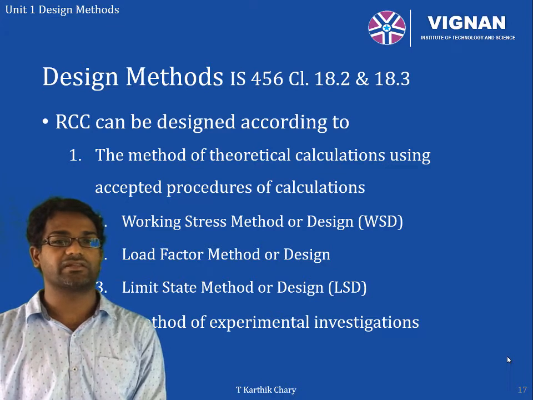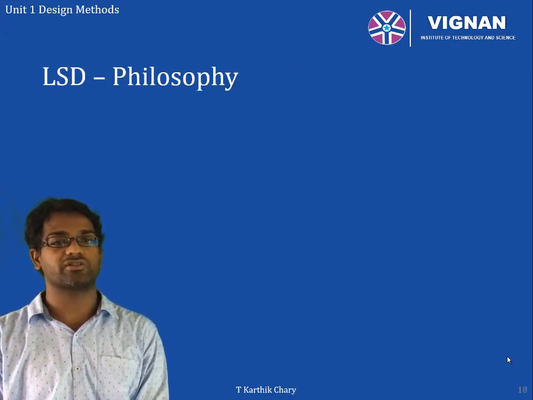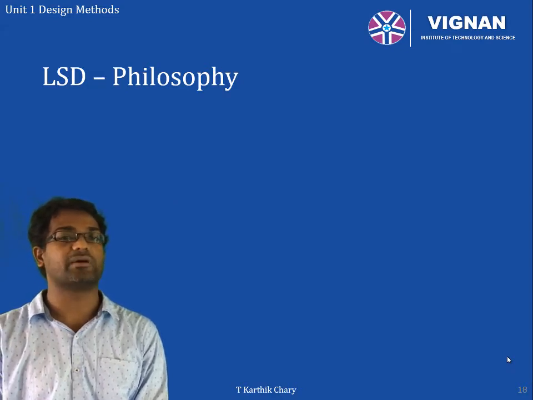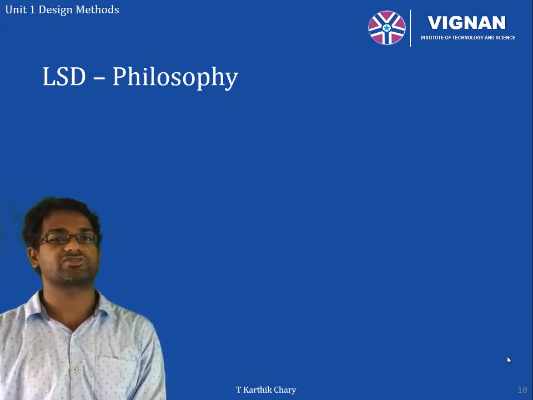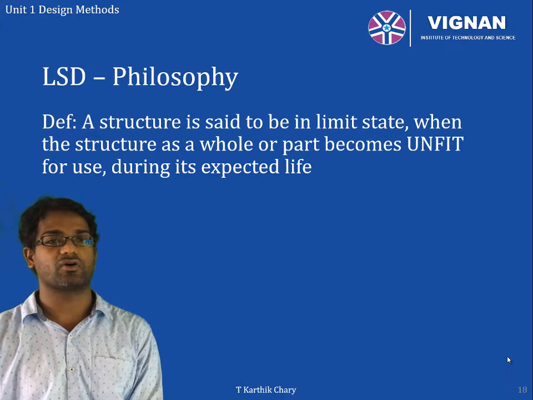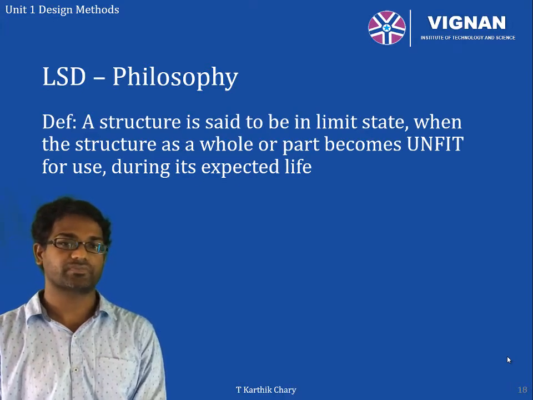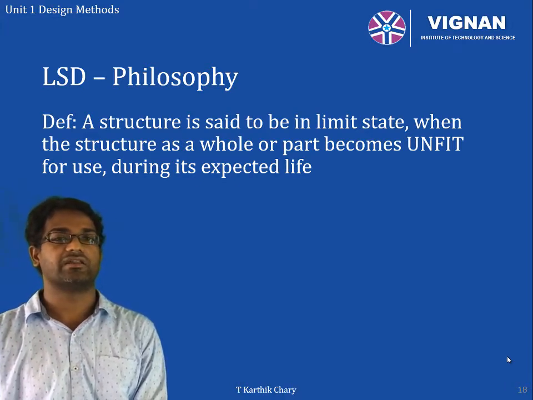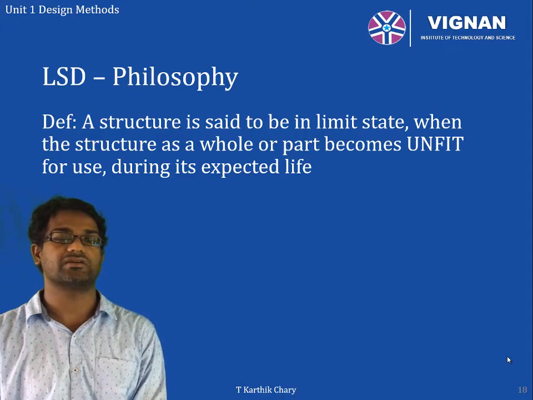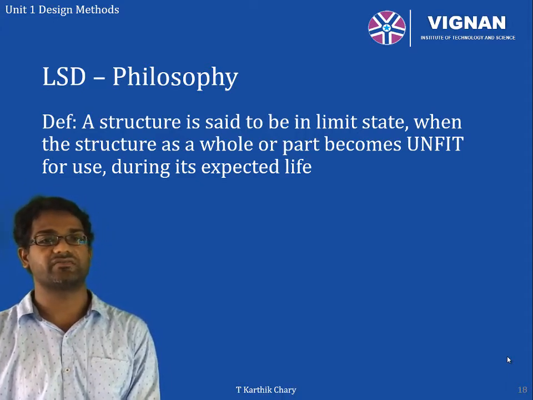So how do we calculate it? If you draw the probability or the frequency of the maximum load which a structure can be expected to face, then it fits a curve which we call a normal distribution curve. So we are limiting the load and limiting the stress in the steel and concrete, and that is why the name limit state of design came.